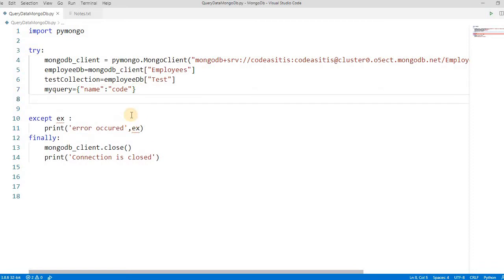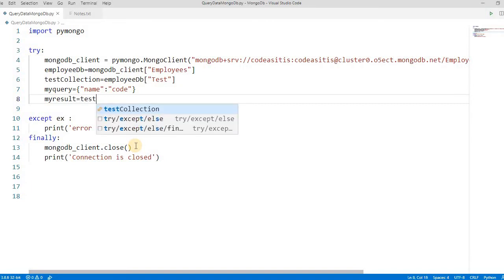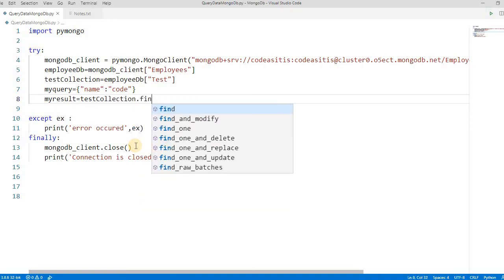Then this query needs to be applied to this collection, because the collection has the data. So let's store this in my result, and then pass test collection dot find. It has find and modify, find one and delete.